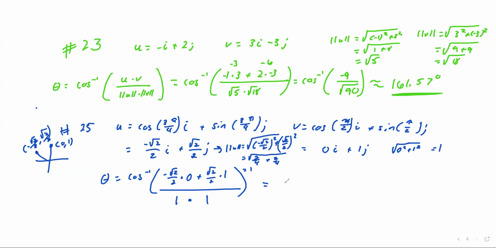So this kind of makes it a little bit easier. This is now cosine inverse. This will go away, I really don't need this, so I'm really just left with square root of 2 over 2. So what that means is, where on the unit circle is the square root of 2 over 2? Well, that happens either here or here. So since my vector here is in the first quadrant, and so is, well, in this quadrant here and in this quadrant here,